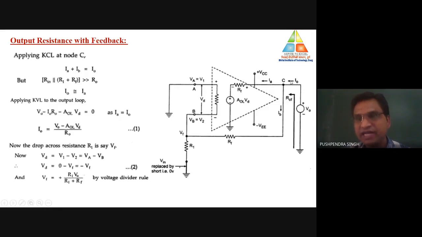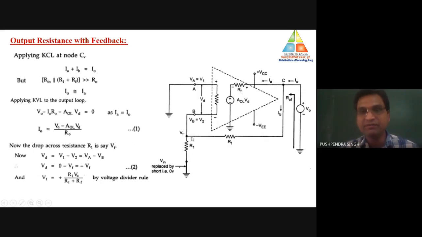So what is the value of current over here? This I0 is distributed into two parts, IB and IE. But in this particular path, RF and R1 are connected, and here this internal resistance R0 is there. What is the basic functionality of current? It will use only the path which has the minimum resistance. So this path has only a single internal resistance, which has the value of 75 ohm.